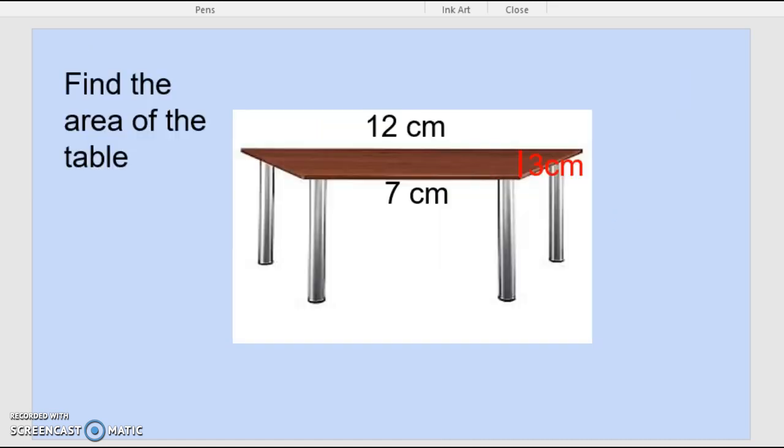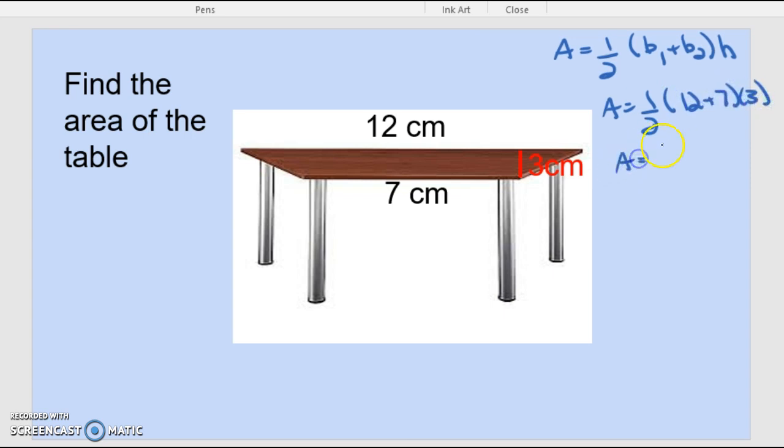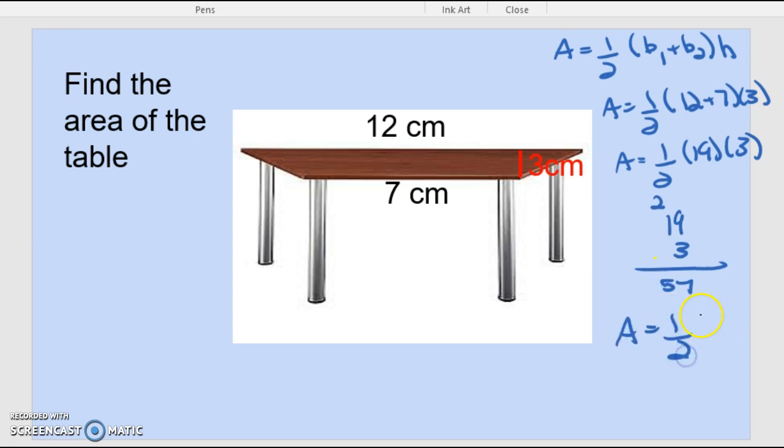All right, so here we have another trapezoid. I'm going to write out the formula for it, which should be how all of you start. 1/2, 12 plus 7 times 3. 1/2 of 19 times 3. I'm just going to do the 19 times 3 first. 19 and 3. So that's 57. So I have 1/2 of 57, which I know 1/2 of 56 is 28. So 57 would be 28.5